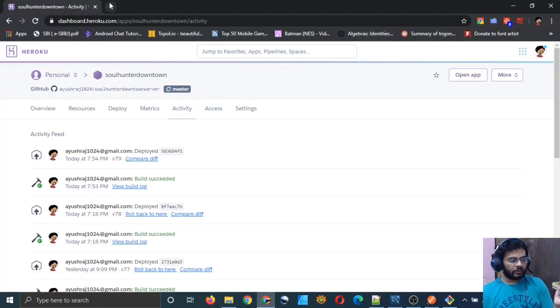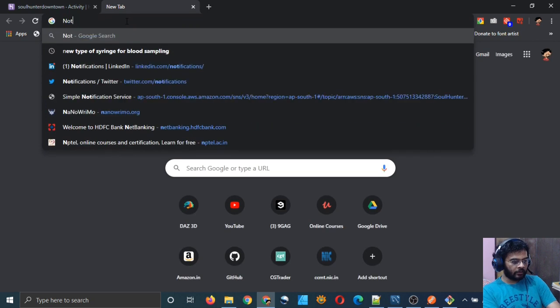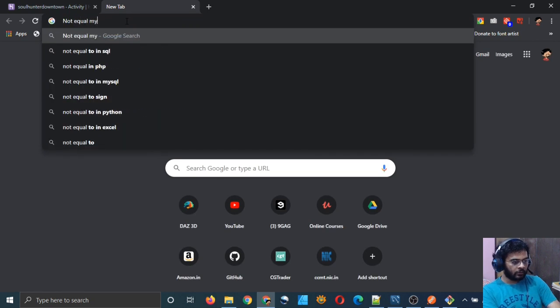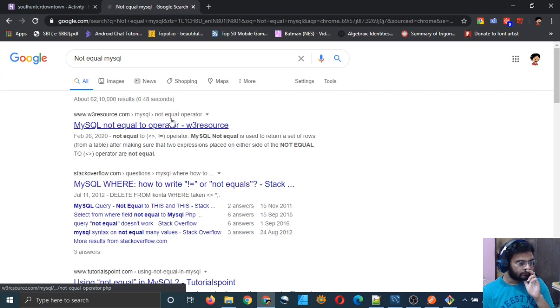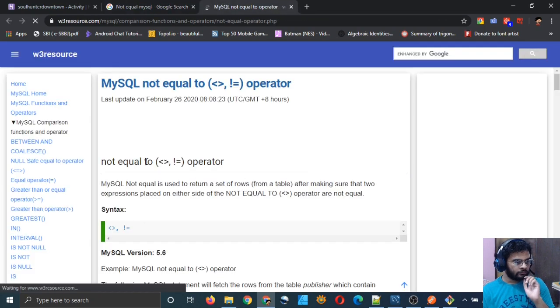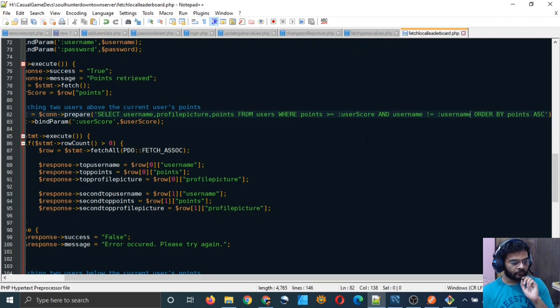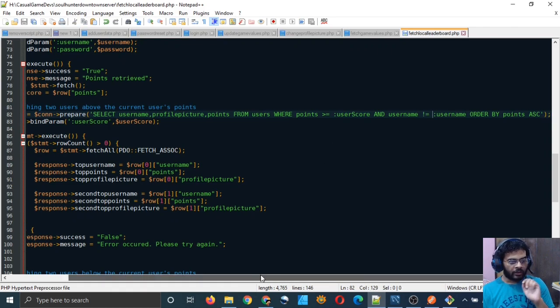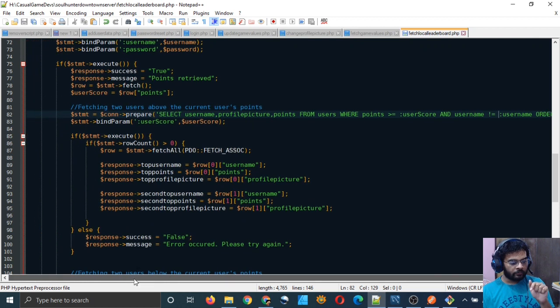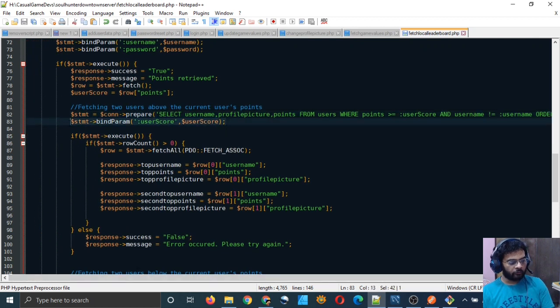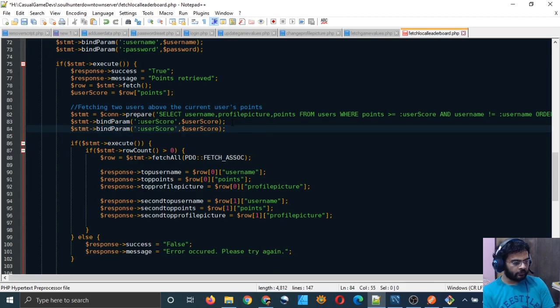So let me see what is not equal to in MySQL. MySQL not equal to operator, and you can use both of these, this one or this one. I have used this one, and now I have to bind the username placeholder to the username variable. I will just put it in this statement.